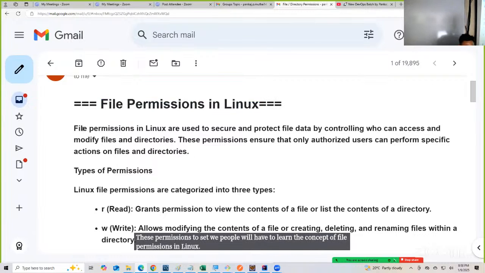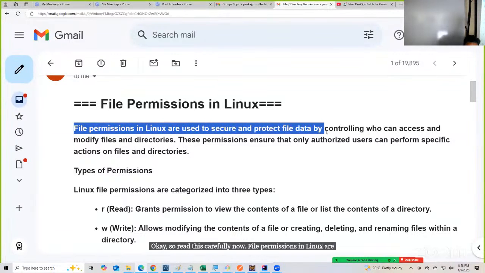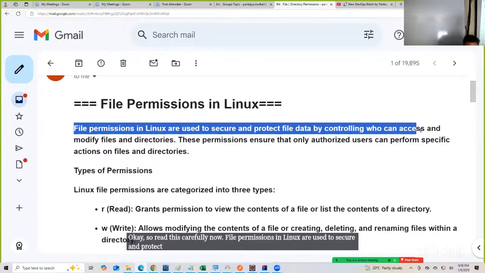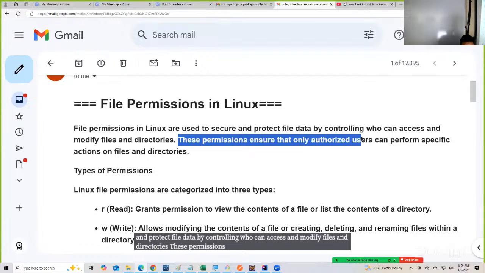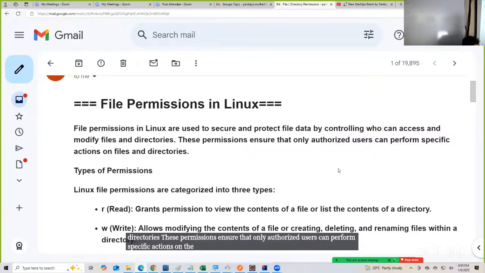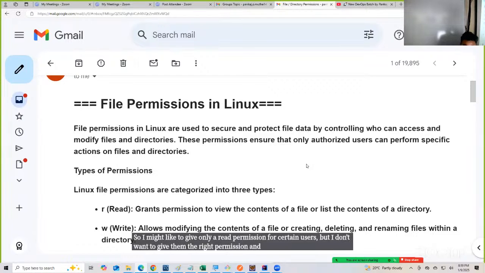So read this carefully now. File permissions in Linux are used to secure and protect file data by controlling who can access and modify files and directories. These permissions ensure that only authorized users can perform specific actions on the files and directories. So I might like to give only a read permission for certain users, but I don't want to give them the write permission and execute permission. I can do all that